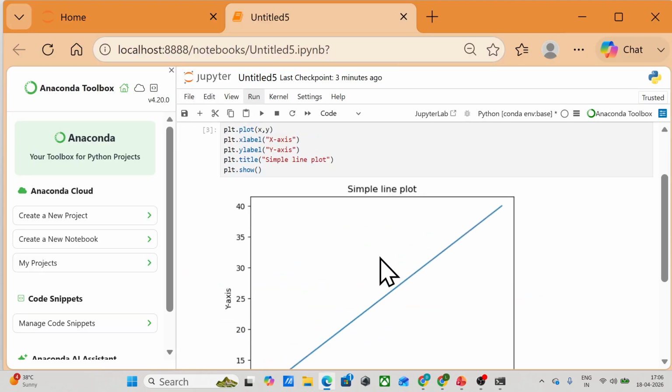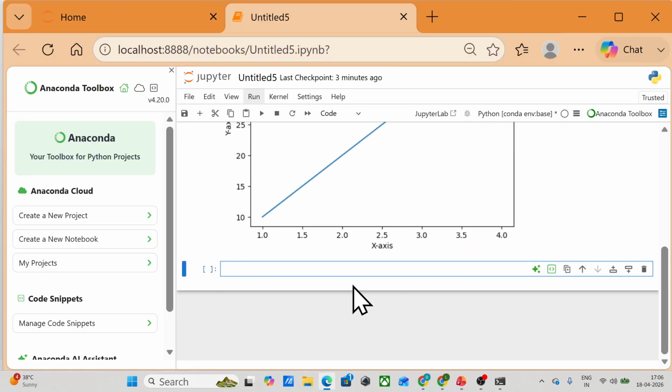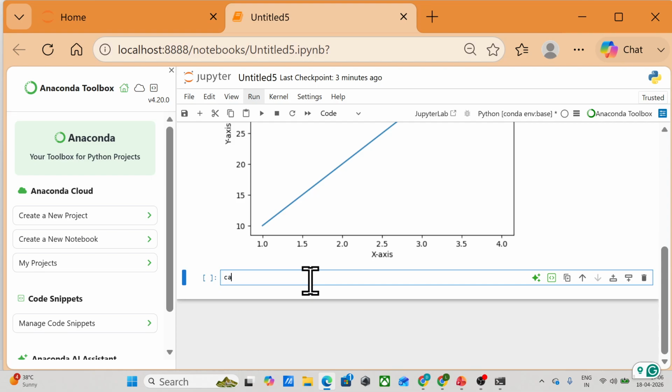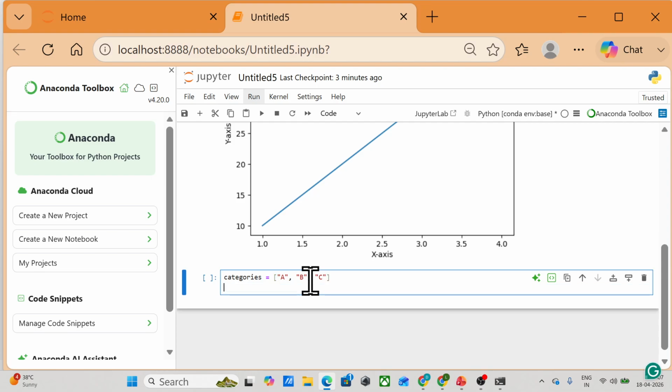Similarly, you will import the library, but you have already imported it, so you don't need to import it again. You will take the categories, capital A, B, and then C. Then we can take the values corresponding to that: 10, 20, and we can take 30 also.